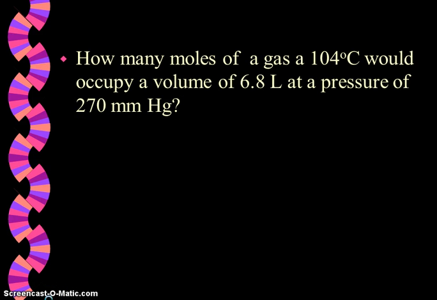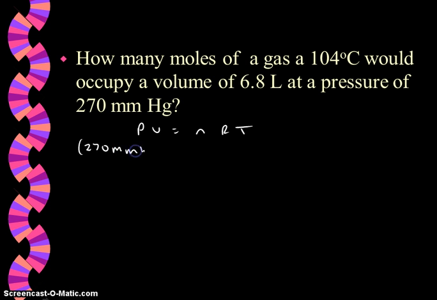Here's another problem. How many moles of a gas at 104 degrees Celsius would occupy a volume of 6.8 liters at a pressure of 270 millimeters of mercury? So we've got number of moles, a temperature, a pressure, and a volume. So we've got PV equals nRT. We'll plug in for P,